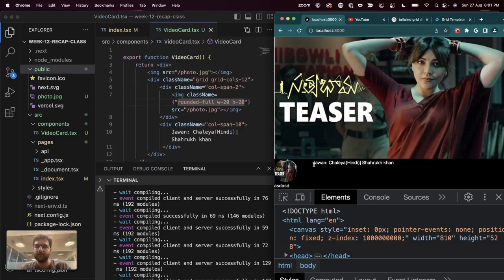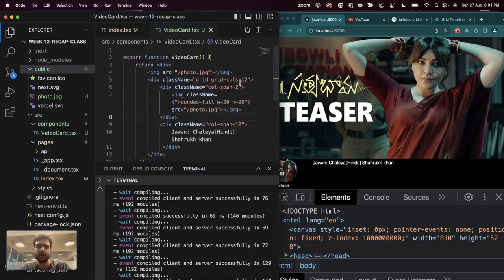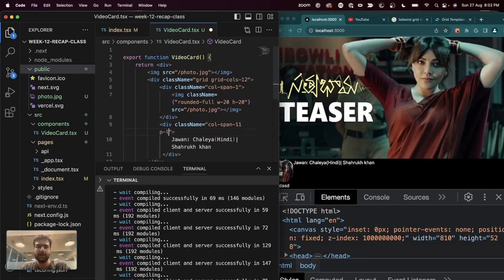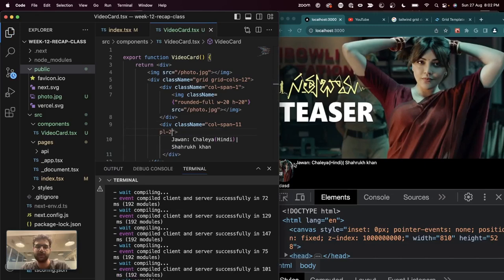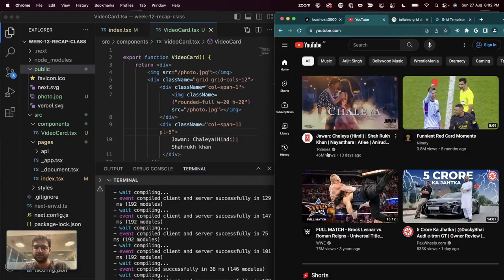All right, we have the title. I think this space is a little too much, so let's make it slightly smaller. Let's make it take only 1, and let the other take 11. All right, sort of works. Let's also add some padding left, pl-2, which means add some padding to the left of this, maybe 5. Yeah, this looks decent. The image, some padding here, and then the text, and finally there is also some subtext